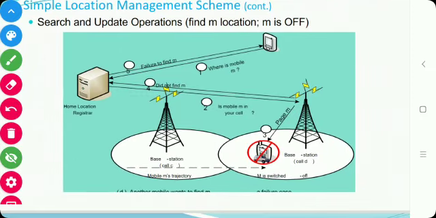Here the mobile node changes cell, meaning it shifted from cell C to cell D. Now the search operation is going on for this mobile node. First, where is the mobile node? It sends a message to the HLR. The HLR contacts cell D, where the mobile node is, but the mobile node is switched off, so the HLR could not find M and sends a response of failure to find M. This is because M is switched off.